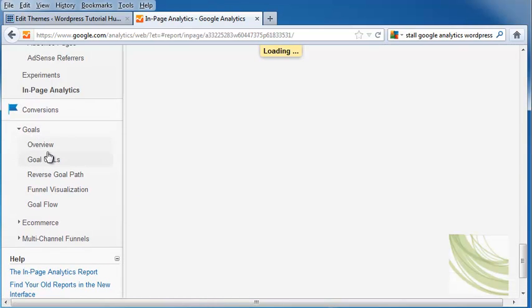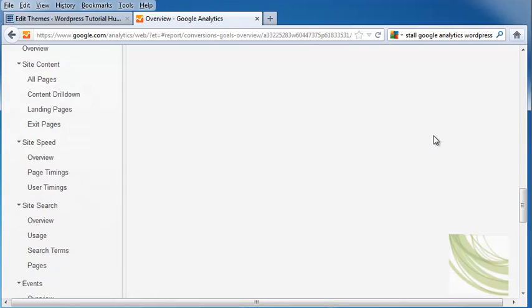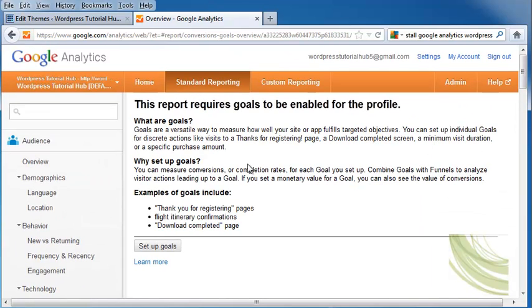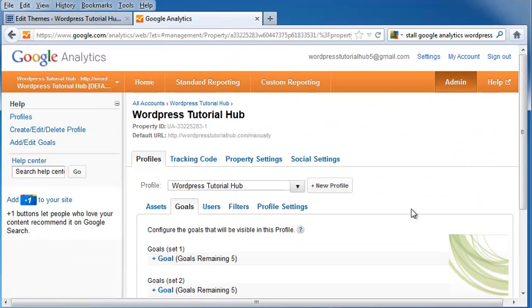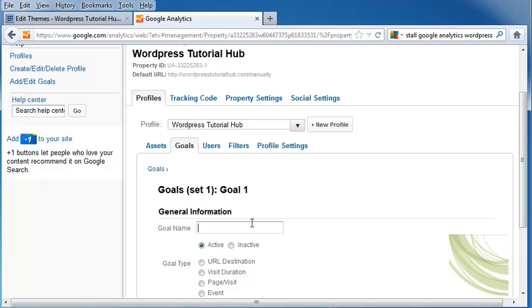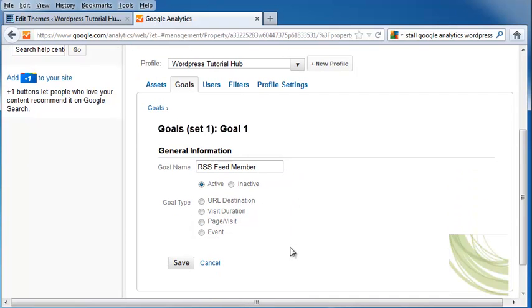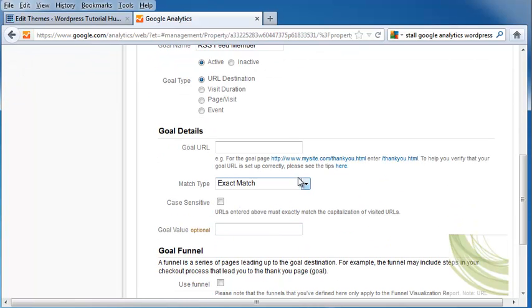Now for the goals, you can set your conversion goals that you want to do. To do that, you would click on Set Up Goals. Let's go ahead and click on goal number 1, and we're going to call this RSS feed. If they decide to become an RSS feed member, so they always see our RSS feeds, we can go ahead and set that up. The goal type is a URL destination, and the goal page for this, let's say, would be